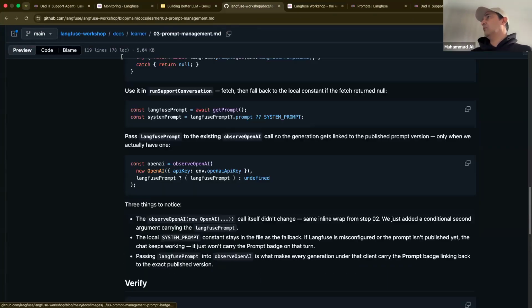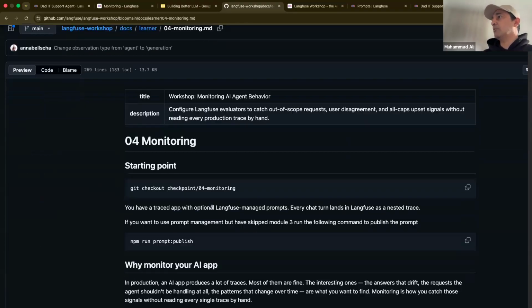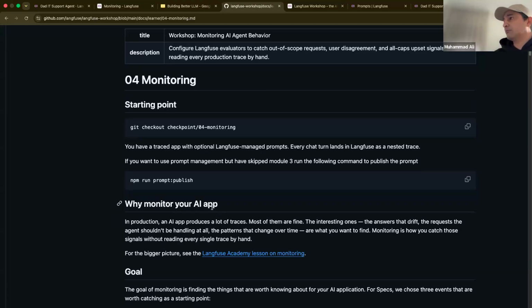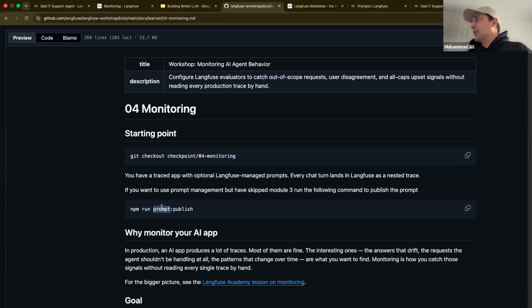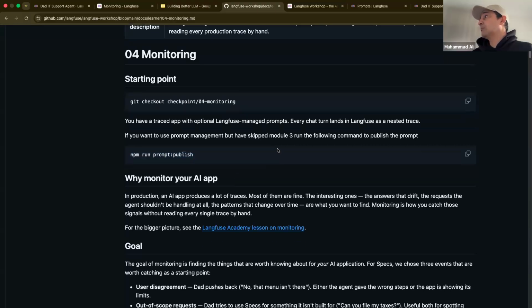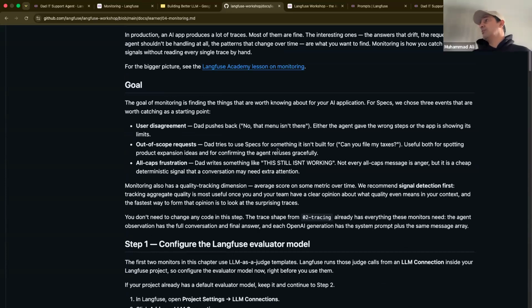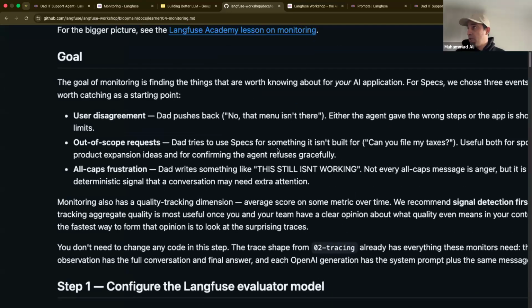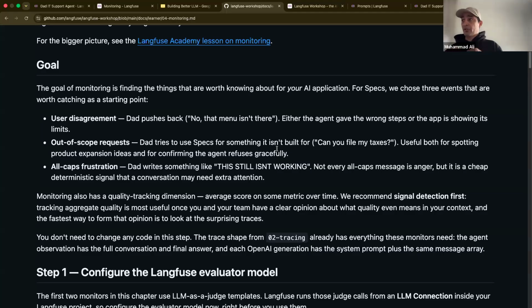So the next lesson is the monitoring. I think we're tracking all right. I think we'll get to see the datasets. All right. So now I've done that. Now I'm going to publish. I've already got the published prompt, so I don't need to. All right. So in this particular module, things get interesting.